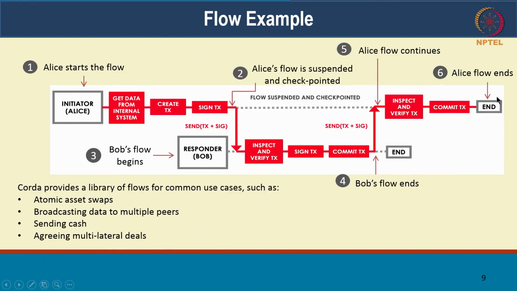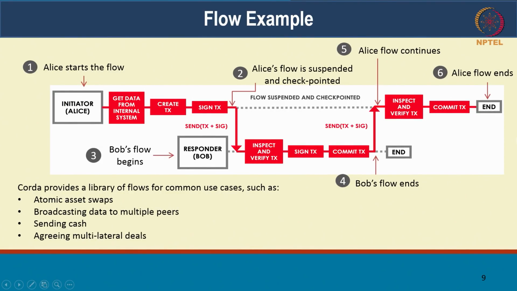Alice again inspects and commits. So that's the full flow. If you look at Bob's flow, this is what Bob did. Alice in between waited for Bob's signature, and then it also committed. So at the end of this, both nodes have committed. In case Alice did not receive this message, it can time out and ask Bob whether he agreed to it or not, and can always fetch that back from Bob.